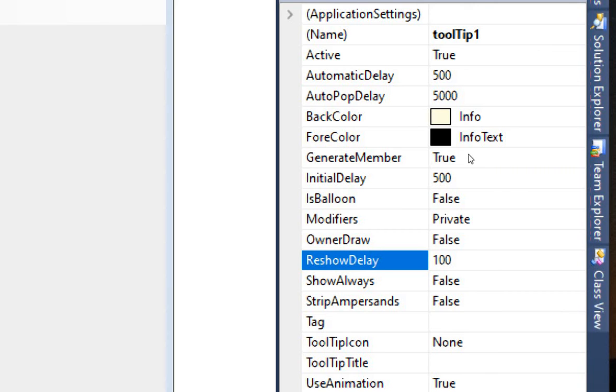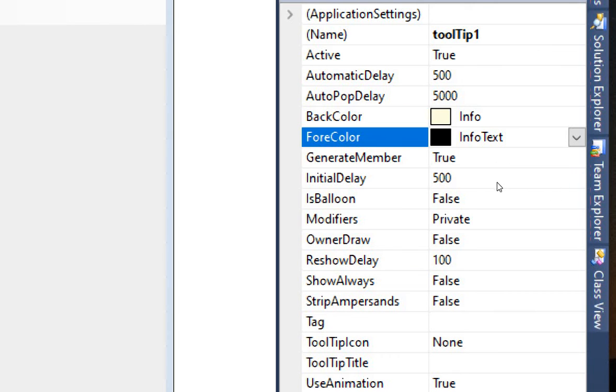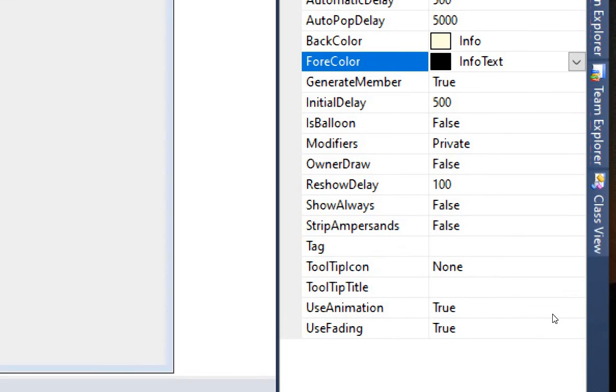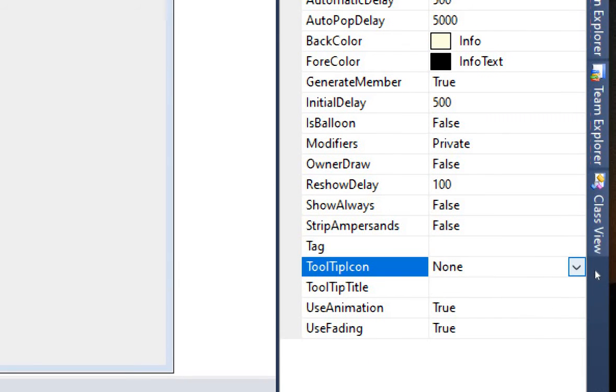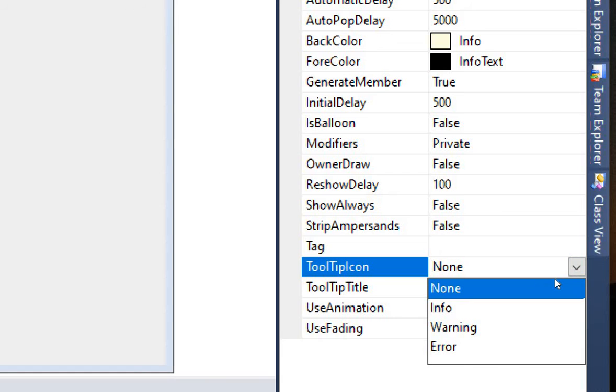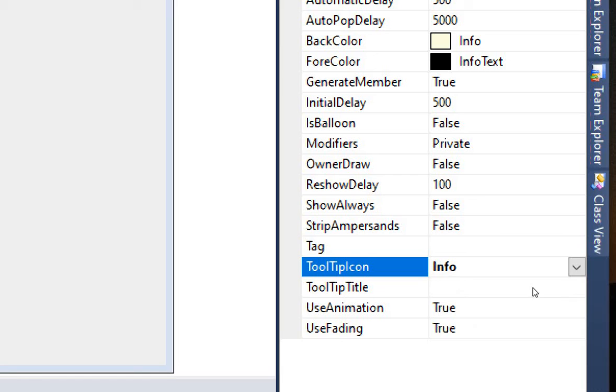Then BackColor, ForeColor, and one more property is ToolTipIcon. None will display simply the message. This is an information message, this is a warning message, this is an error message. It will work like this.